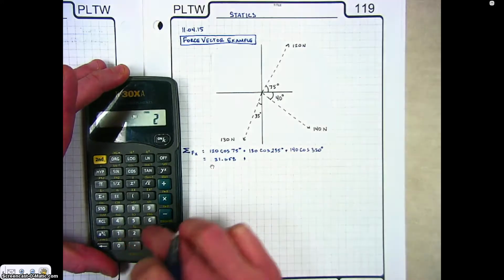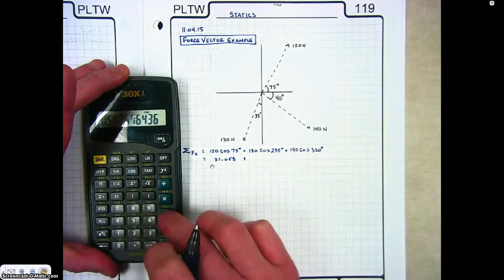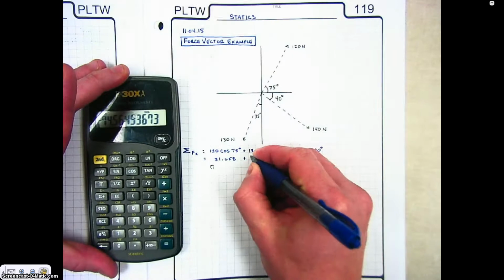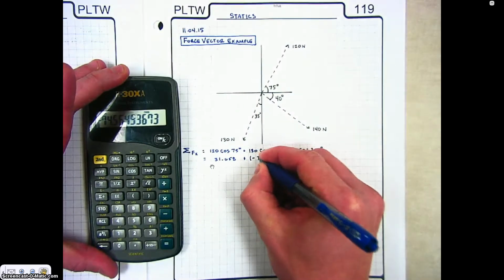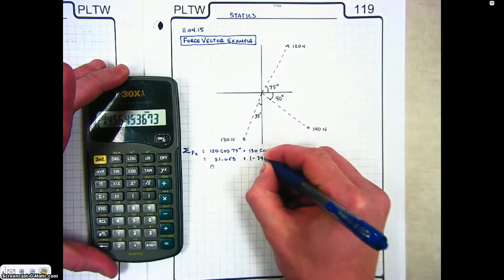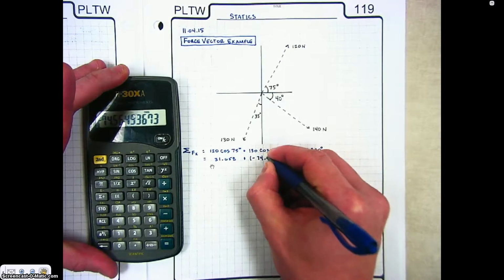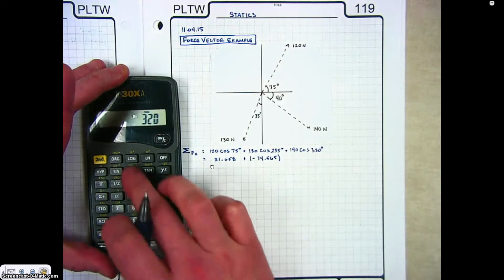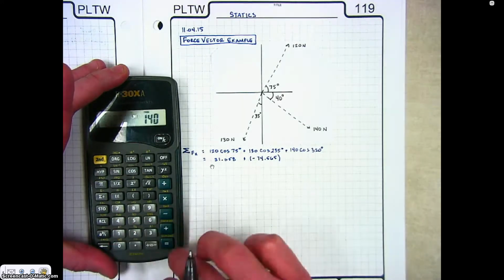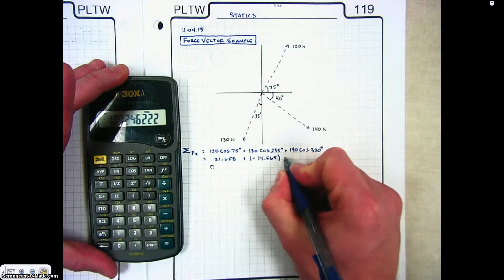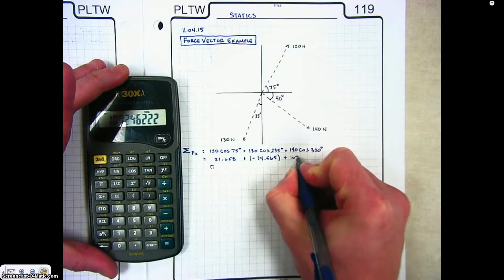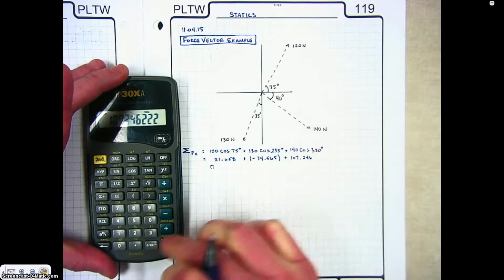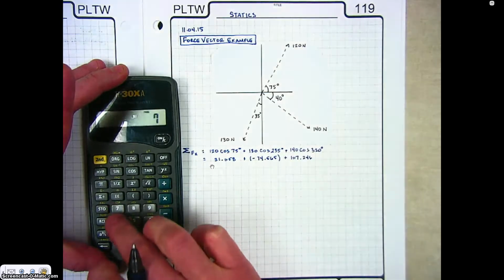Next one, 235 cosine times 130 equals negative 74.565. Next one, 320 cosine times 140, and I get 107.246. So I add those things up,